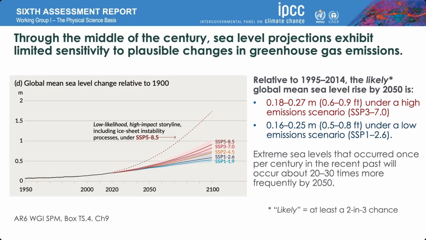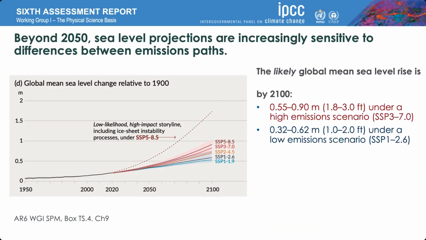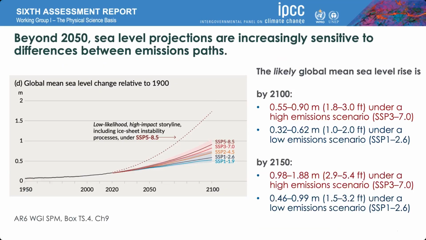As a consequence, extreme sea levels that occurred once per century in the recent past will occur about 20 to 30 times more frequently by 2050. Beyond 2050, sea level projections are increasingly sensitive to the difference between emissions pathways. So the likely global mean sea level rise by 2100 is about 60 to 90 centimeters under a high emission scenario, SSP3-7.0, and about 30 to 60 centimeters under a low emission scenario, SSP1-2.6, with those differences growing